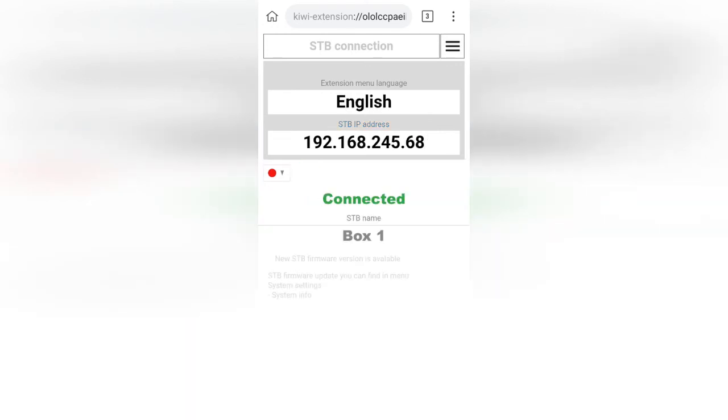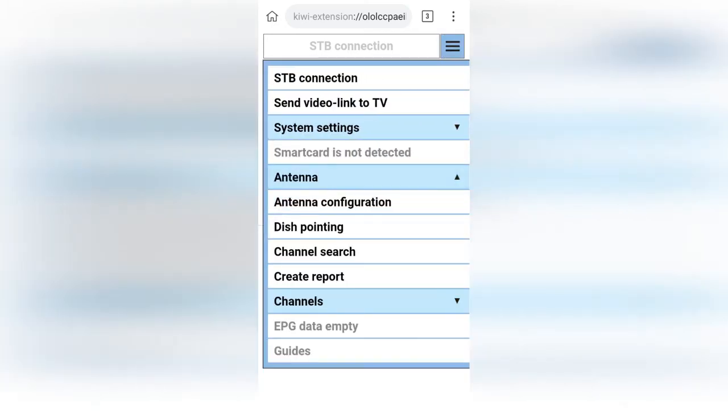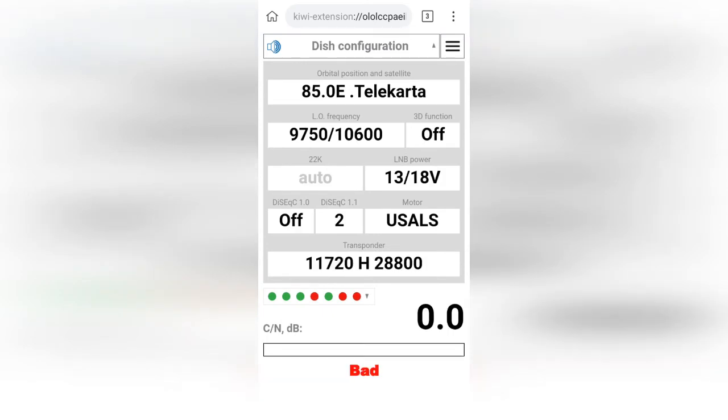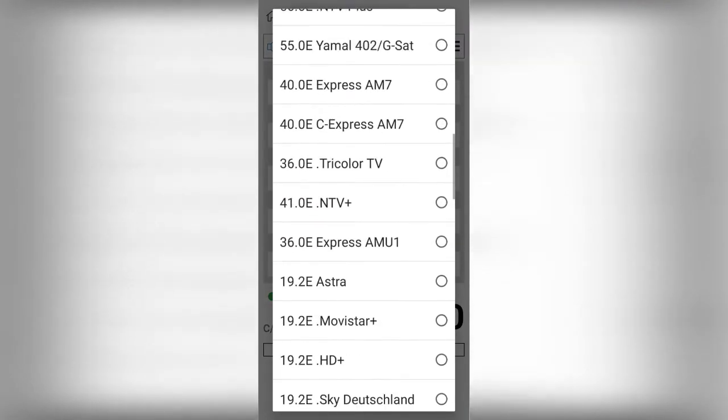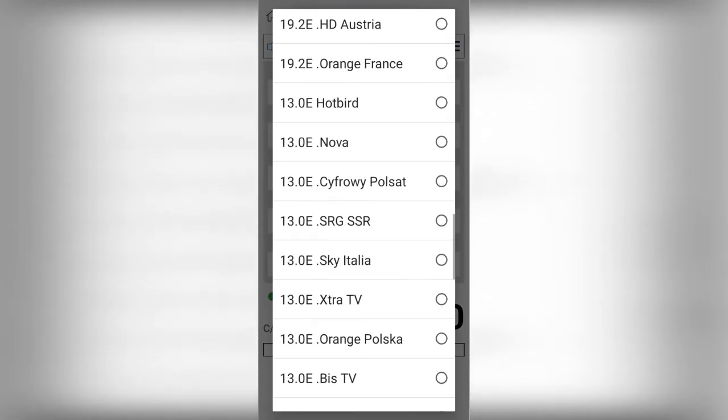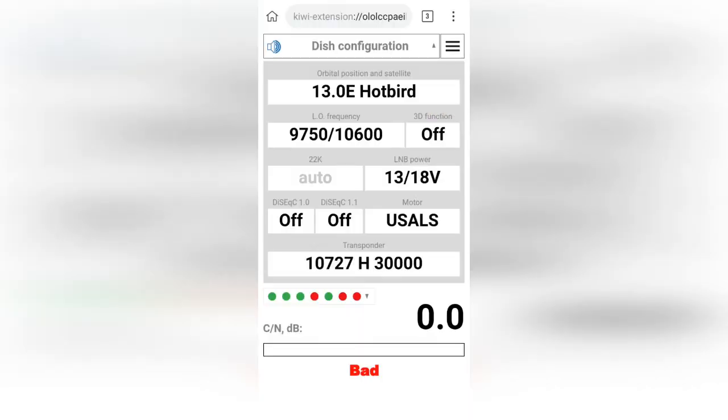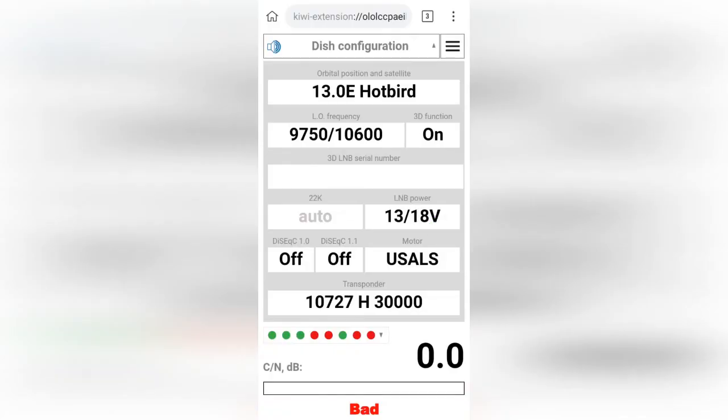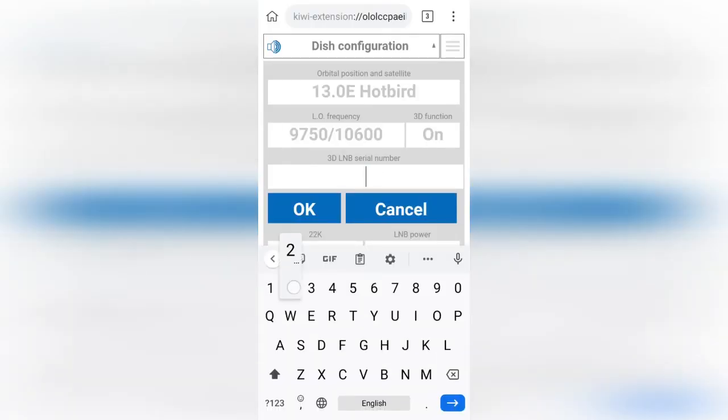Connect. Then go to antenna configuration. Select Hotbird. Turn on 3D function. Input the LNB serial number.